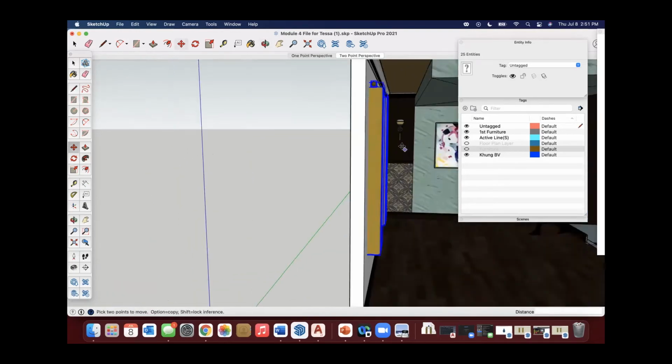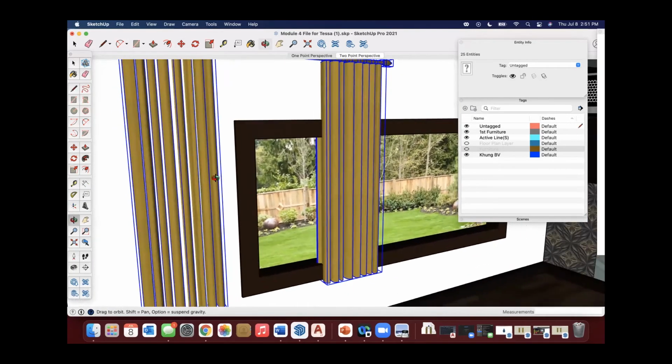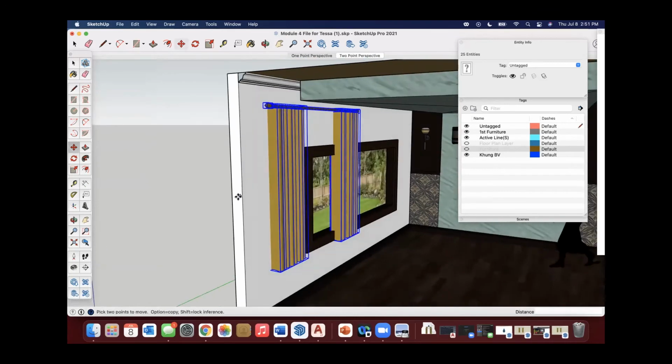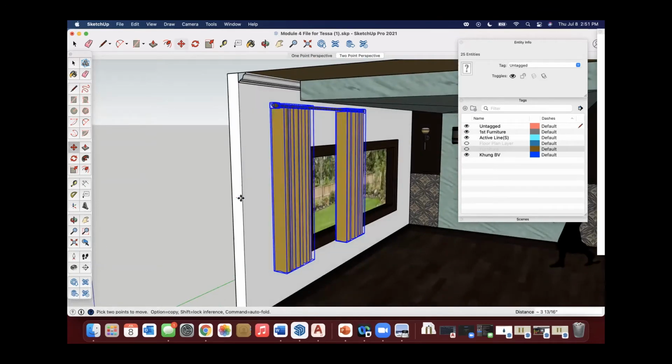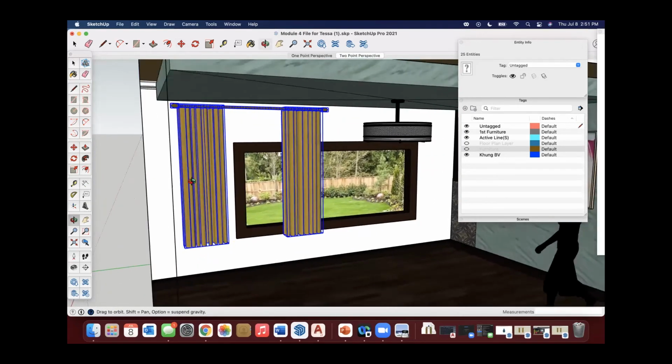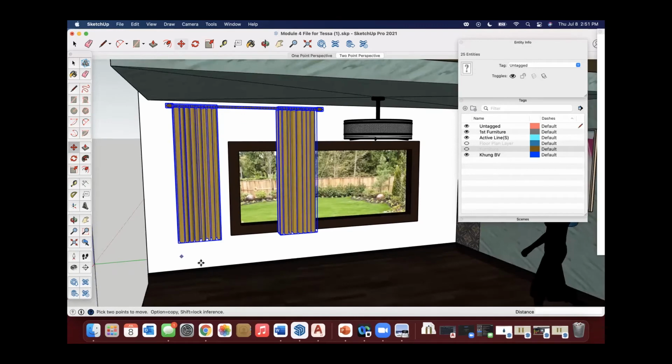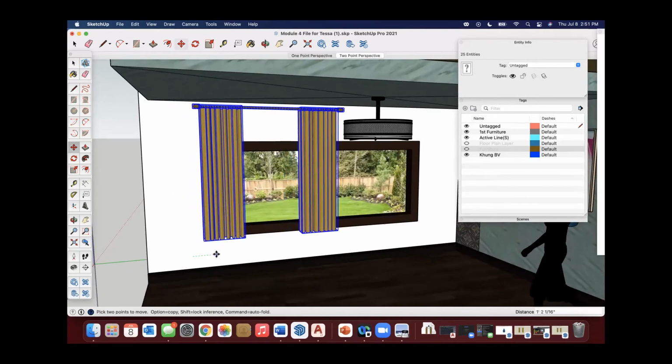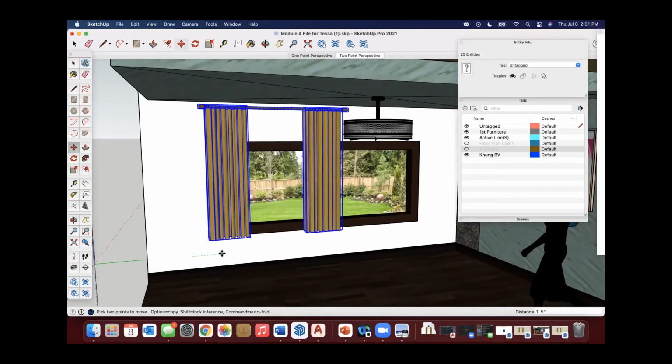And then you'll notice they're kind of in the wall showing. So we don't want that. So I'm going to just use the move command and pull them out a little bit. I'm just using the side wall because it gives me a horizontal to pull off of. And that's better. We're not in the wall. So now, again, I'm going to keep manipulating and moving these a little bit.